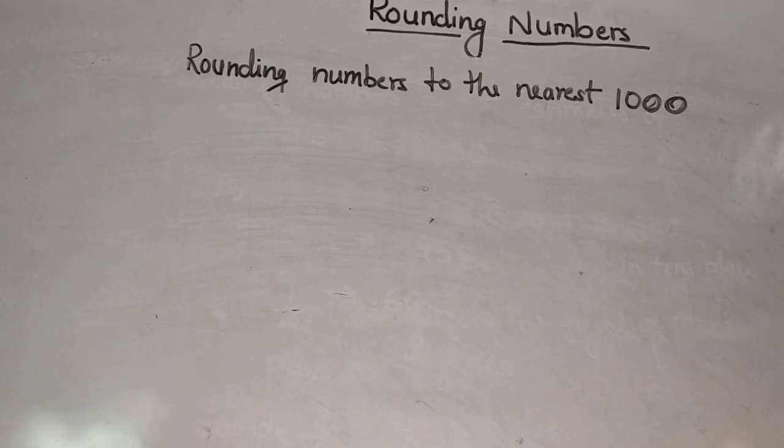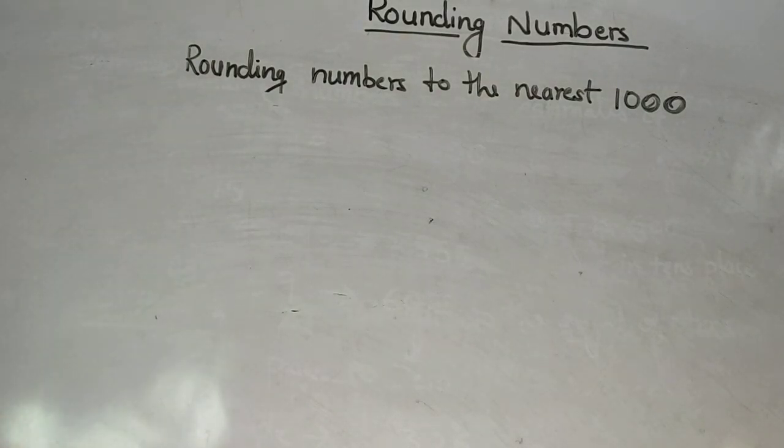If the 100 place is greater than 5 or equal to 5, add 1 to the 1000 place and change all the digits to the right of the 1000 place to 0. For example,